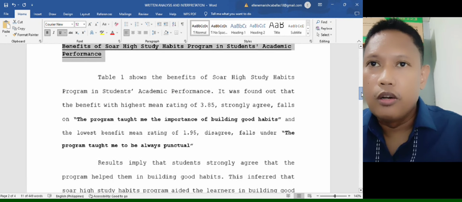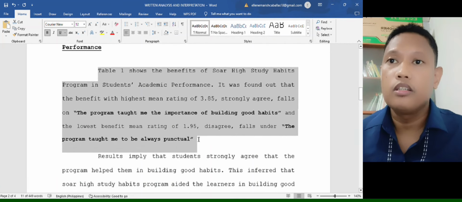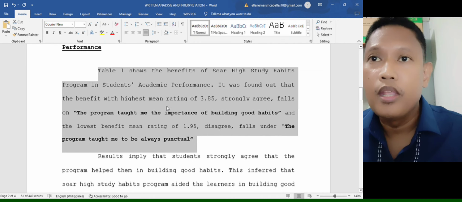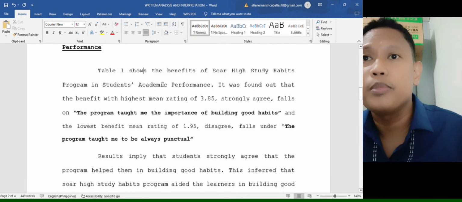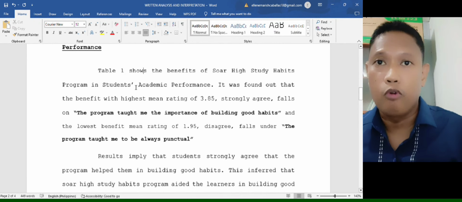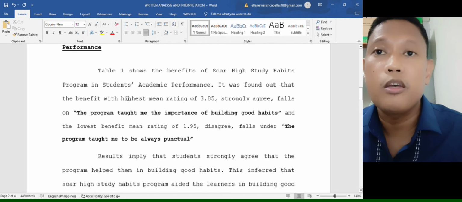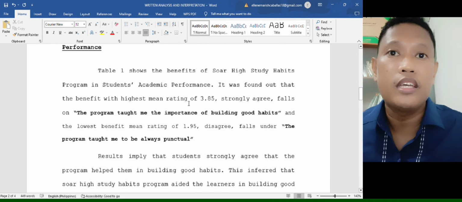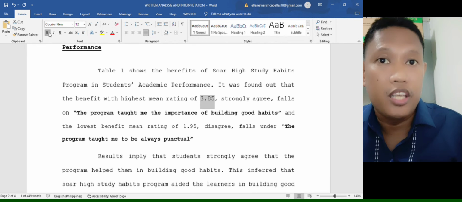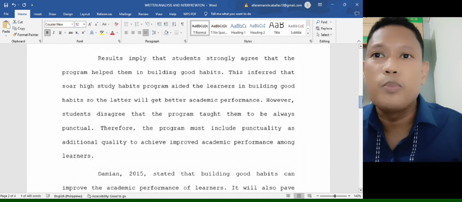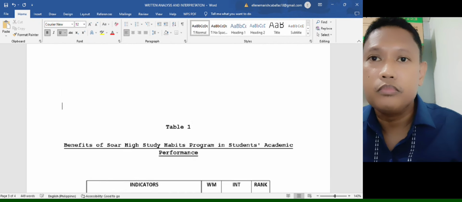Alright. So, we have to refer to the table. This is the first paragraph. Table 1 shows the benefits of SOAR High Study Habits Program in students' academic performance. It was found out that the benefit with highest mean rating of 3.85, strongly agree, falls on the program taught me the importance of building good habits. And the lowest benefit mean rating of 1.95,